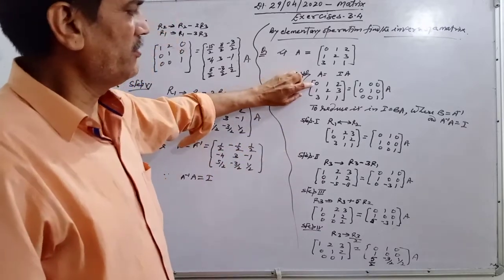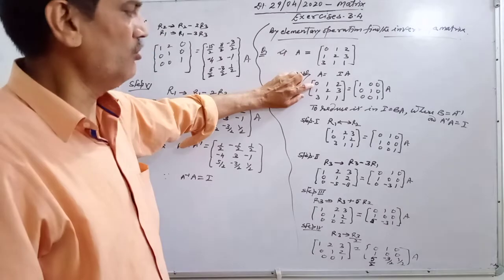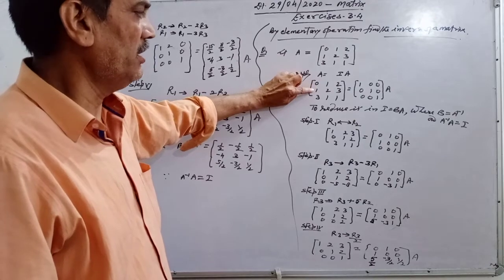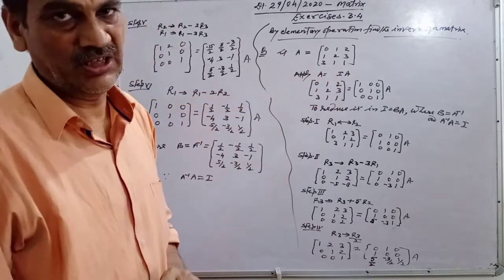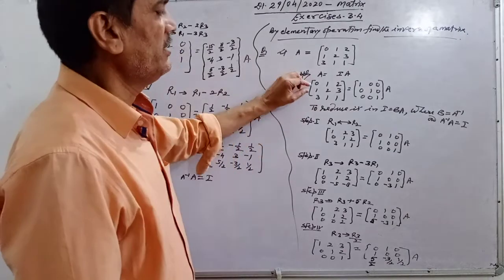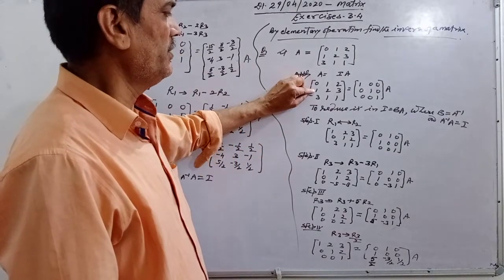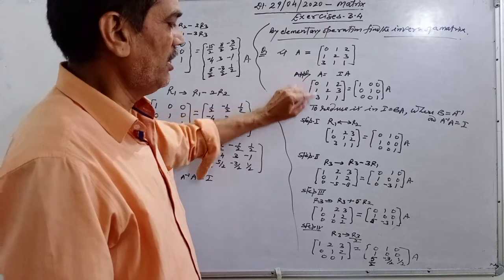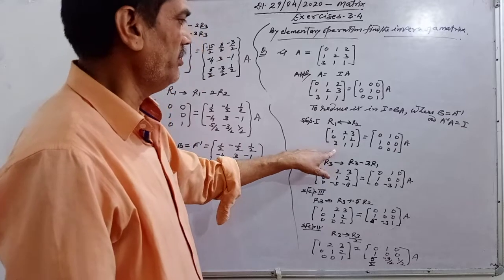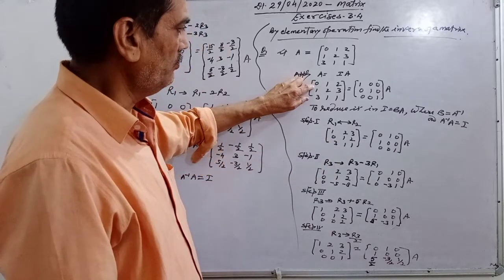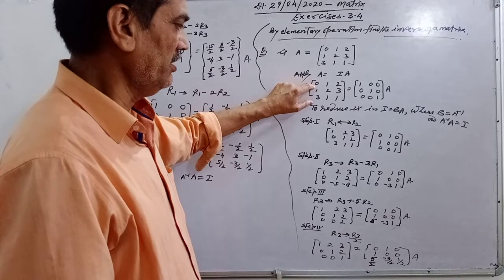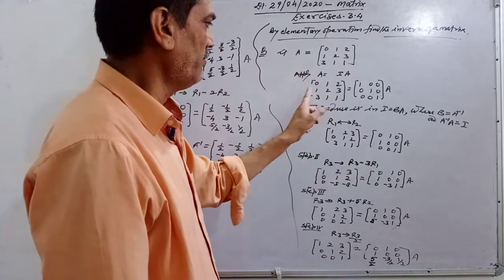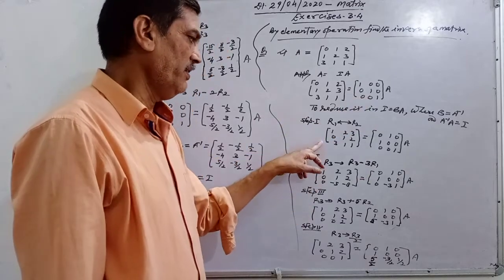Now I have already explained, if the first element of R1 is 0, then you can interchange R1 and R2. On both the sides you will have to interchange. So interchanging R1 and R2 means shifting this one here. By interchanging R1 and R2 you will get this matrix. Why? Because here you will find one for the unit matrix. By interchanging you will get this on both the sides, left and right, in parallel.